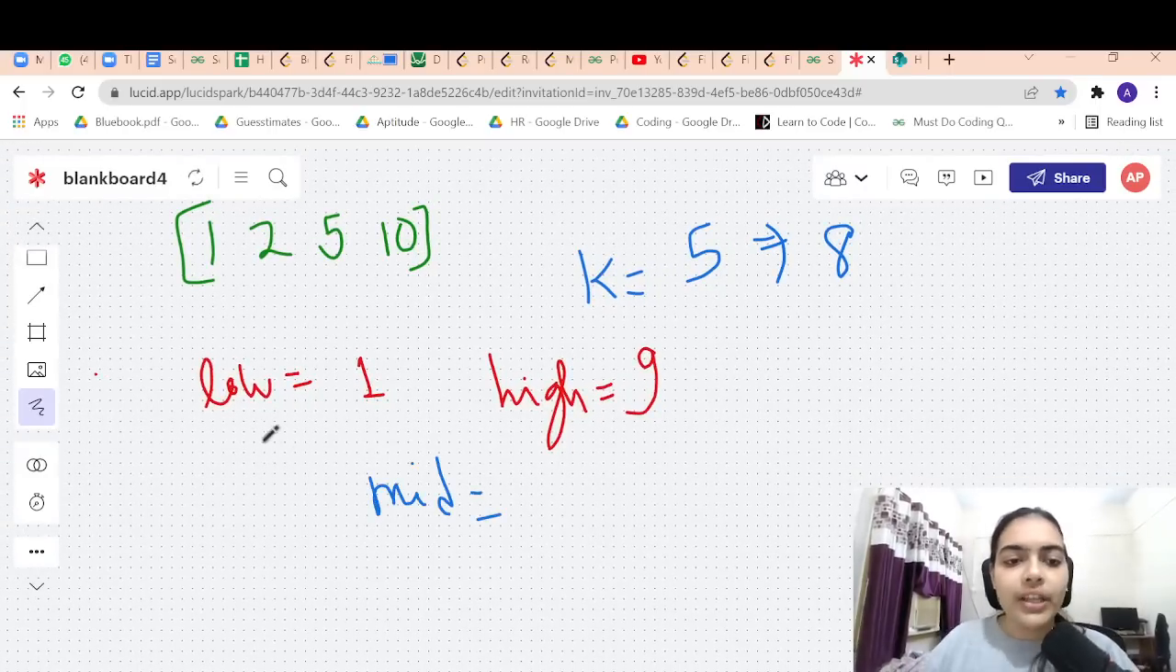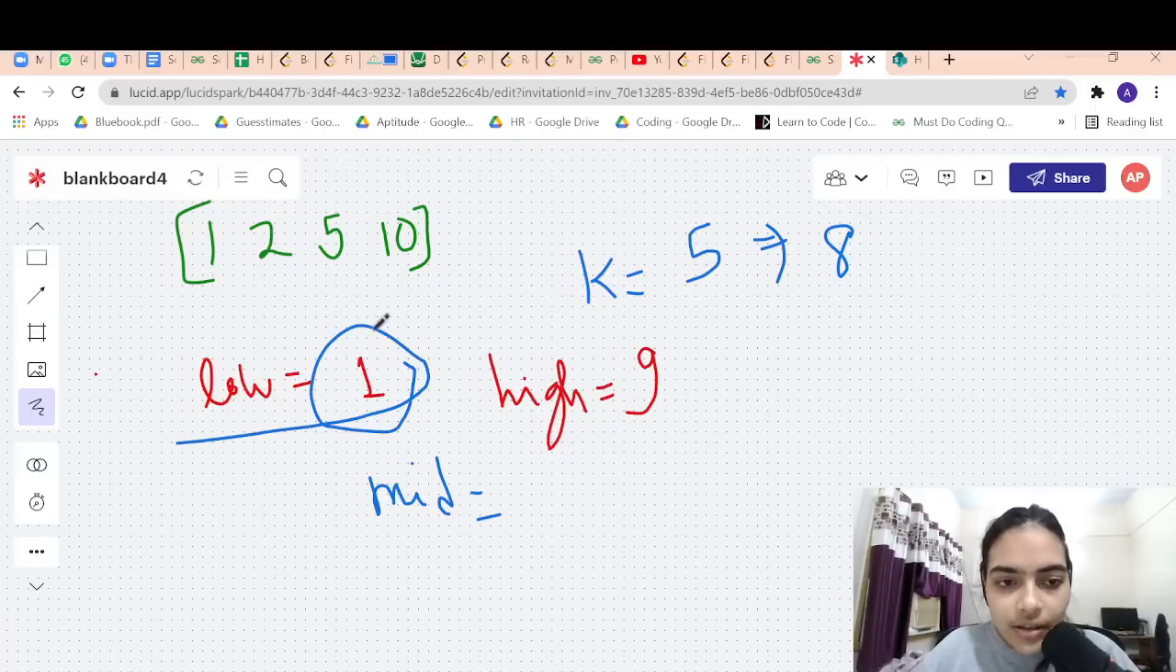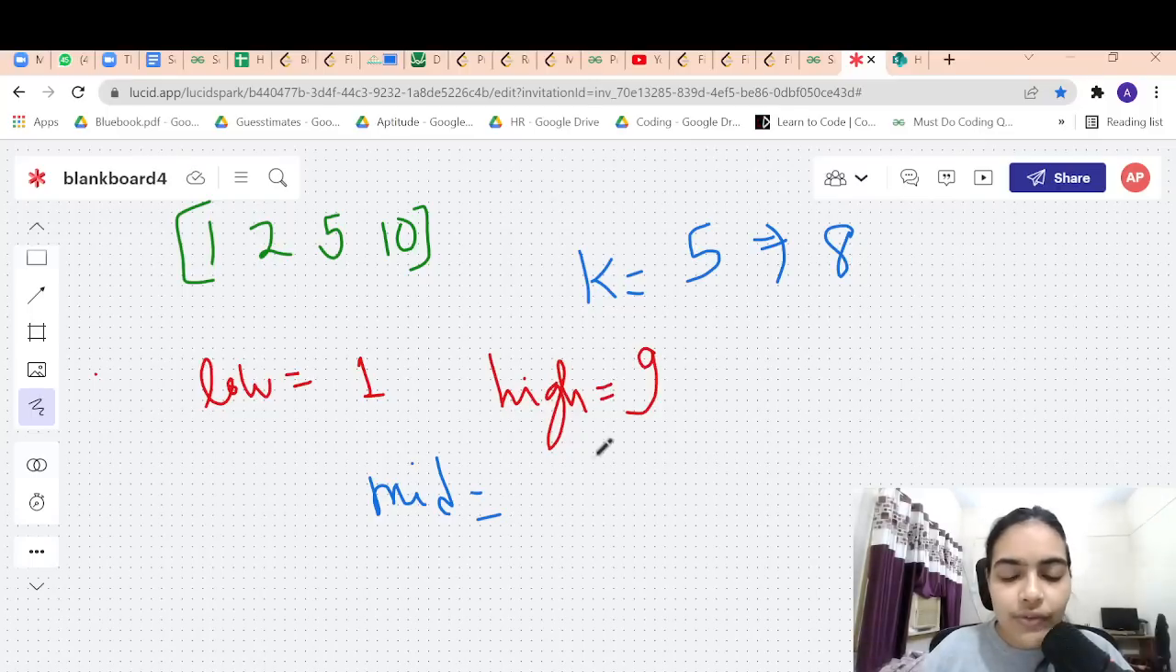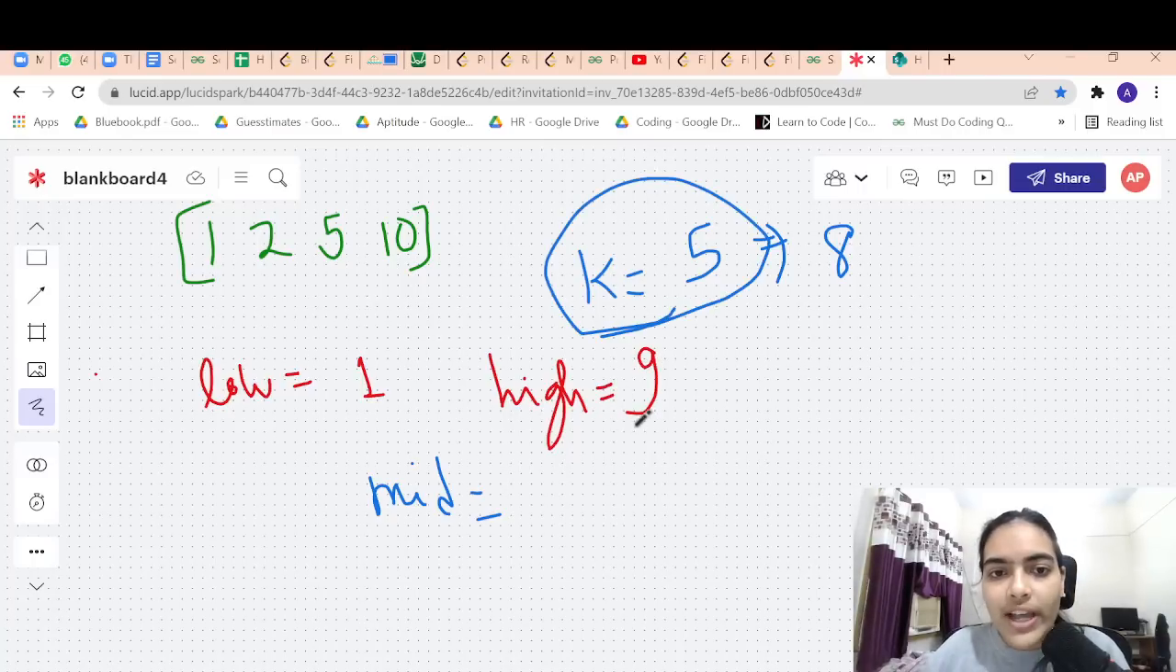So now what we are doing is, we know the lowest answer is 1 and the highest possible answer is 9. We have to find the answer, right? We have to find the kth smallest, right? We have to find the fifth smallest